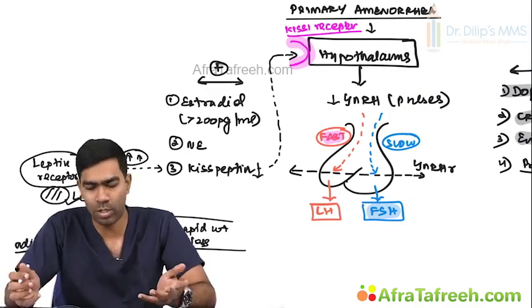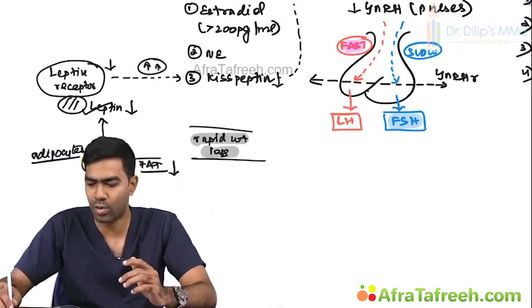Clear? And this is understandable once again, because anyone who is suddenly going for undernutrition, remember, if the patient is already lean, not having sufficient body fat, they don't have much problem because their body is adapted, and the hypothalamus and the body know that this is the nutrition they have had for a long period of time. But if you suddenly lose weight, your hypothalamus thinks, oh, something is wrong, and this patient is suddenly going for undernutrition and malnutrition. This is not the right time to produce ovulation, this is not the right time for fertility, so let us stop the fertility for some time and let the patient regain a good body weight, and let us start the fertility after that. So that is the reason why it's an adaptive response to sudden undernutrition and sudden weight loss,